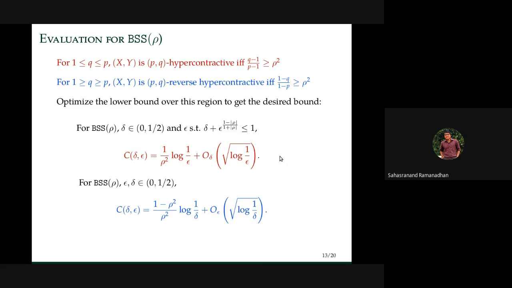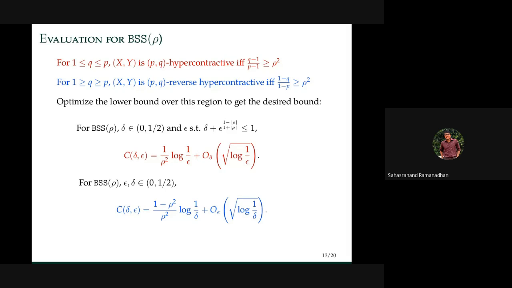Similarly, we can do calculations to get the dependence on delta also, where we use the concept called reverse hypercontractivity, where the inequality is in the other direction, but the characterization is still in terms of rho square. So this kind of settles this problem, and we can use the same scheme